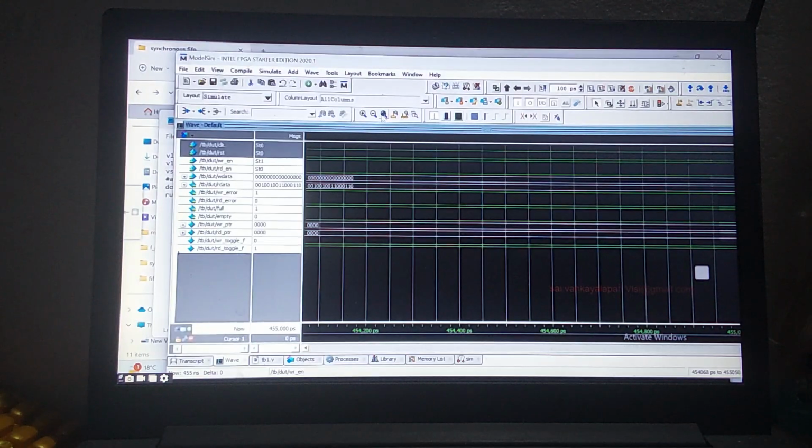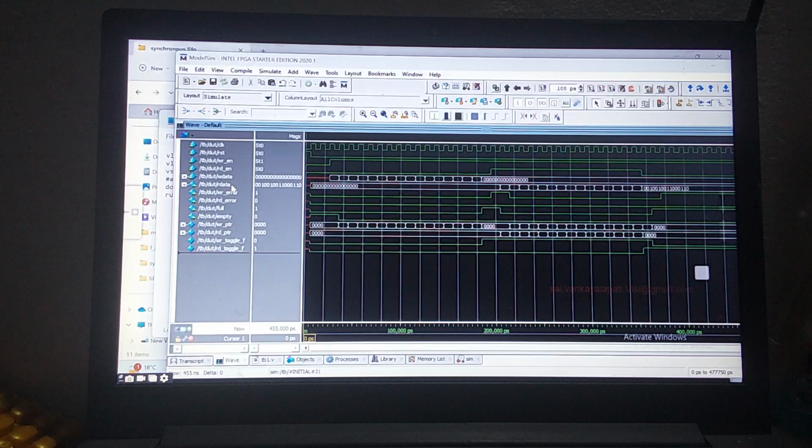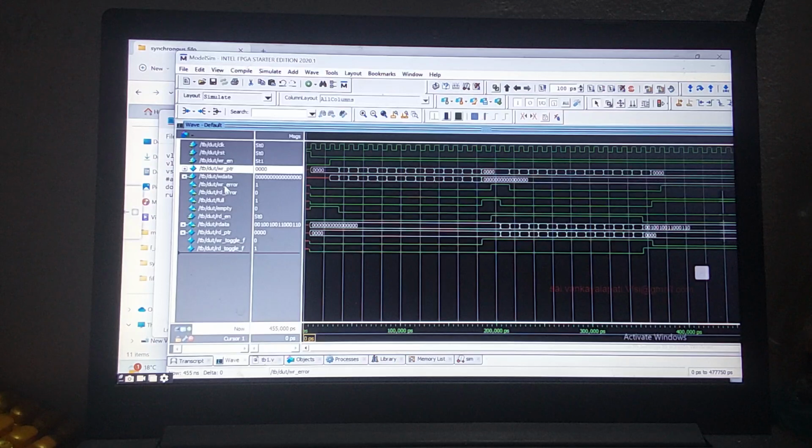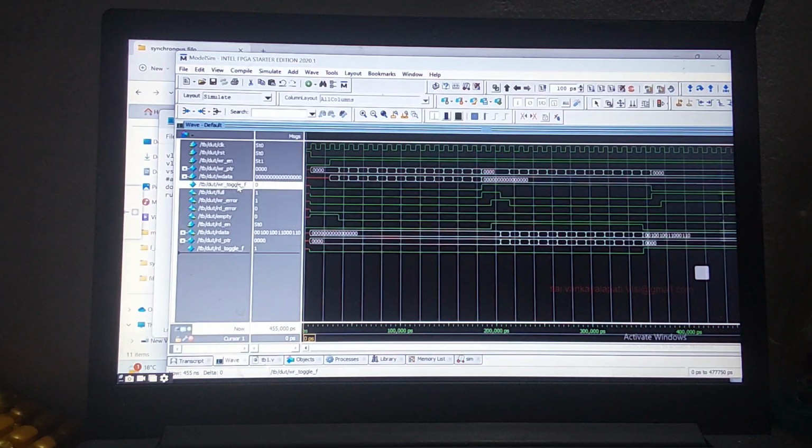Okay, now understand this. All these signals are 1. Let us group. This write enable is equal to 1. When write enable is equal to 1, what should happen? Let's keep this here. It is coming here. It is not changing. Later we'll add that. Let us keep all this in: this is my write pointer, write data, write error. Let us keep the full here. Then let us keep the flag here. Now this signal is write enable.